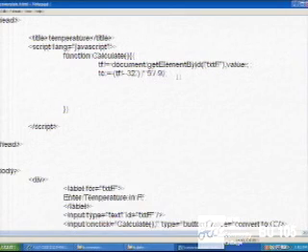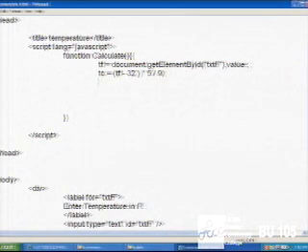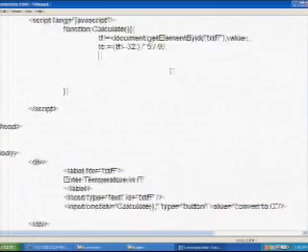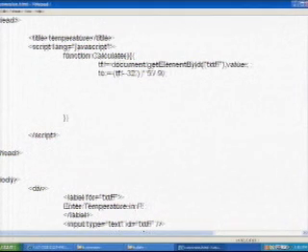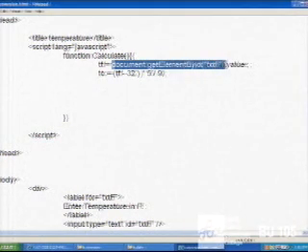Now, what's the last thing I want to do here? I want to display the converted temperature, the number value of the converted temperature. So how would I do that? I have to point at the span where I want to put the results. That has a clever ID of results. So I can say